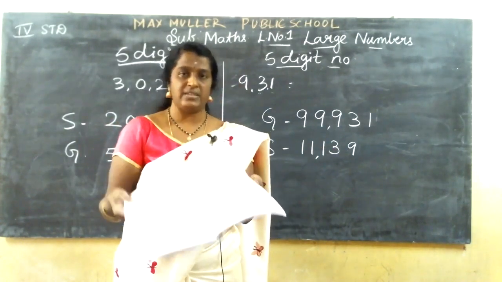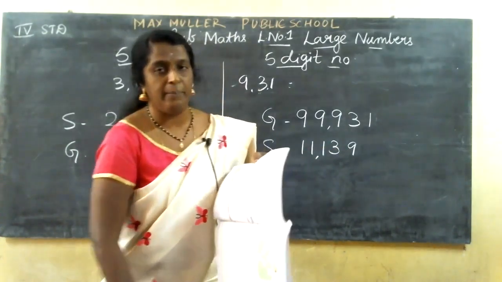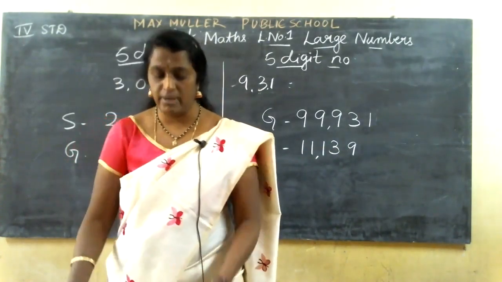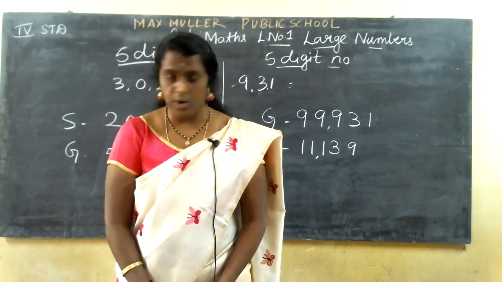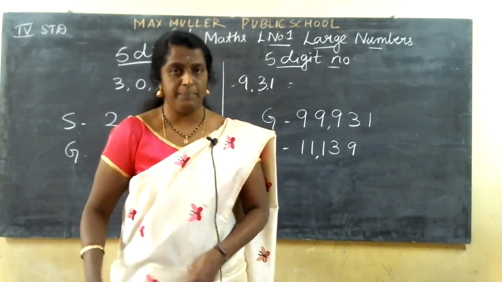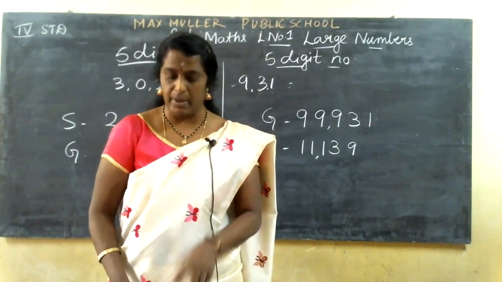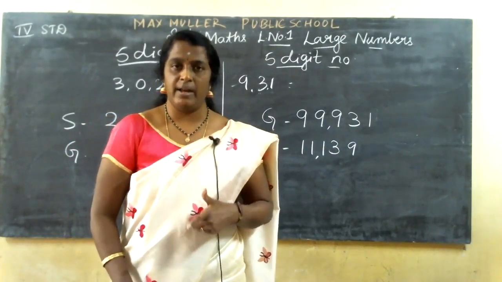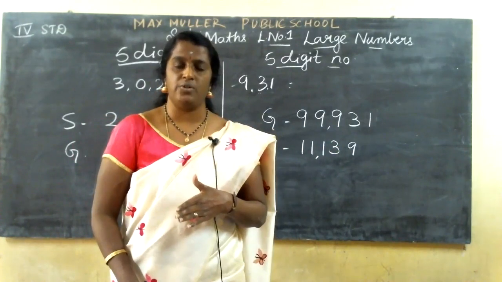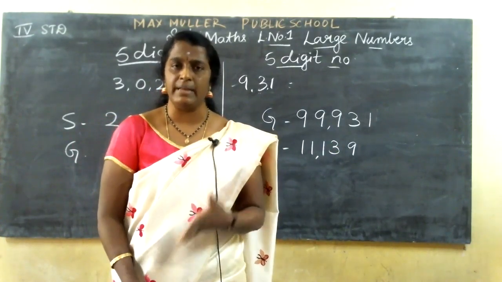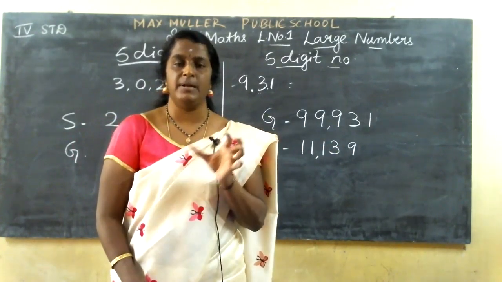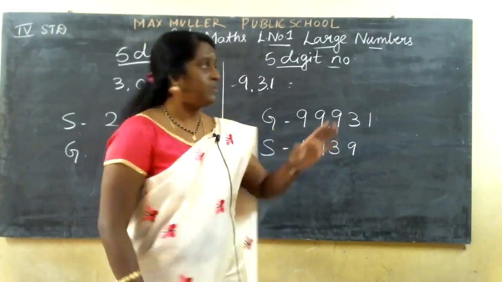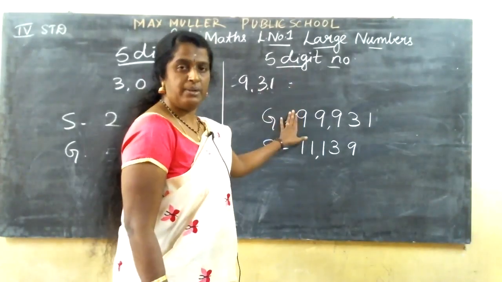Here I'll end my class. So lesson number 1 has been completed. I have given some answers, some I did not give answers. I told you should only practice because I taught 1 sum: 1 ascending, 1 descending, 1 expanded, 1 standard form, 1 short form, comparing using greater symbol and lesser symbol, and if I give a 3-digit number you should write a 5-digit number.